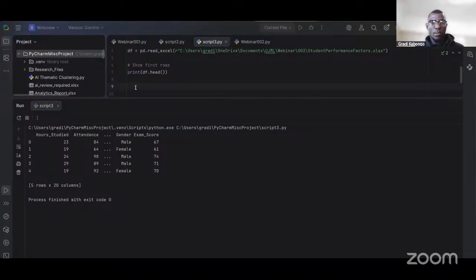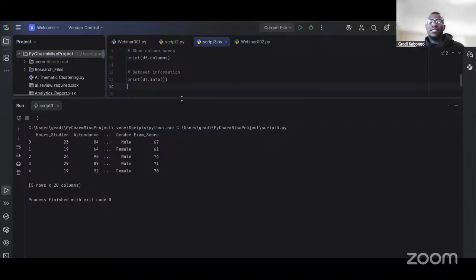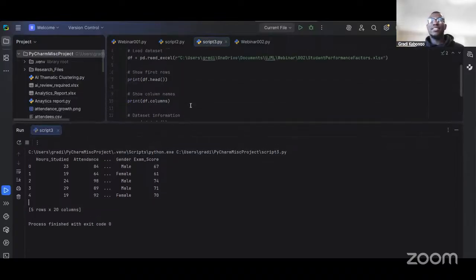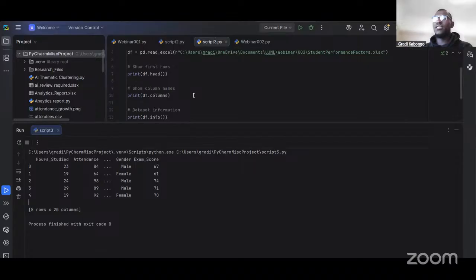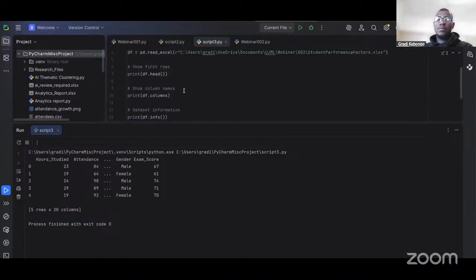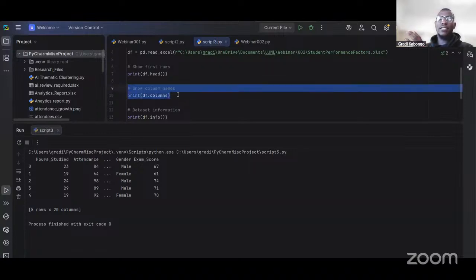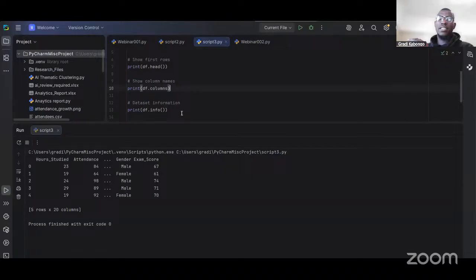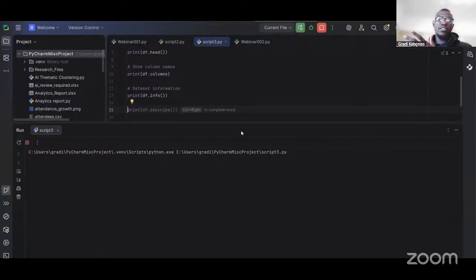The nice thing I actually like is that many of these things you can do with just one or two lines of code. You don't have to overthink. So basically, this code here, it's just one line. All we're going to do is show column names, and here we're going to show the data set information. It's nice to have these comments here to know what that line actually does. So when I run this code here,